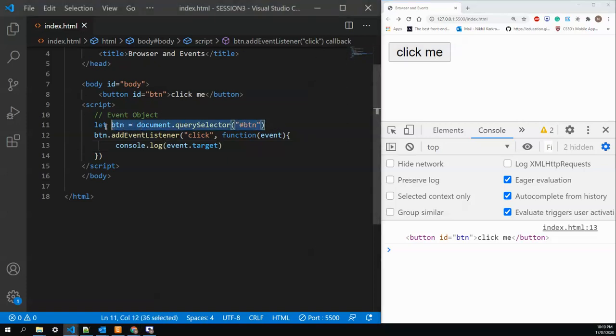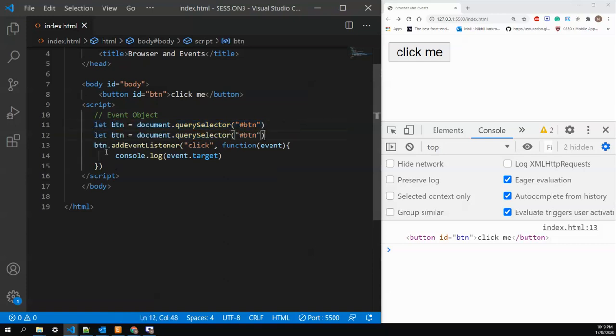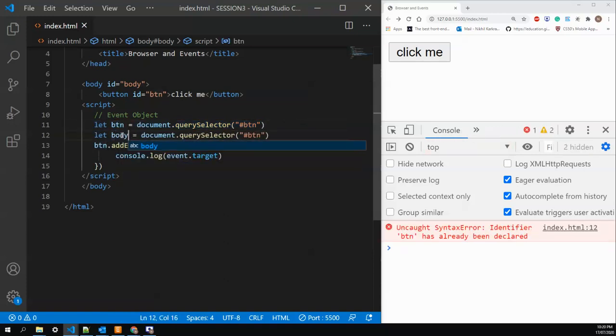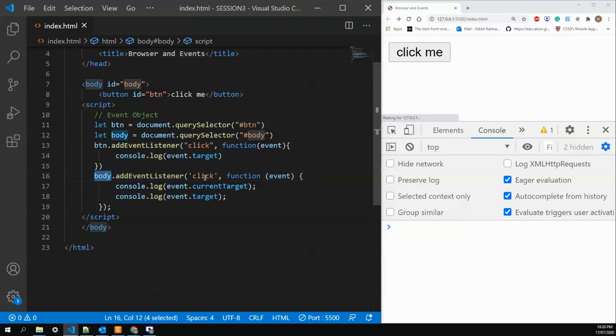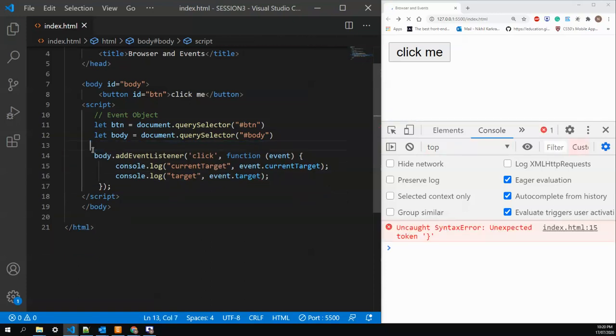To understand that, I'll attach another event listener to the body tag. So I'll say body and listen to the body, and we'll attach this event handler to our body tag. I'll say okay to the body tag, listen to the click and tell me the click handler as well as the target. Okay, so I'll say current target and the target. Now I'll comment this one for the time being. I'll remove this. Okay. Now if I click,